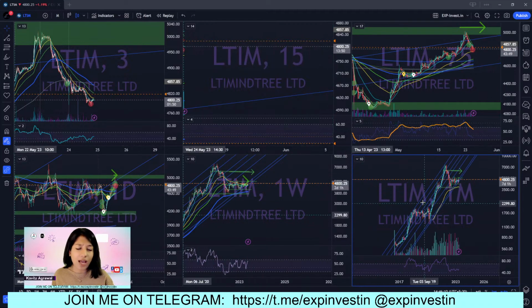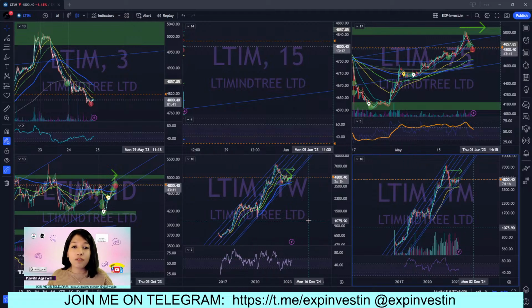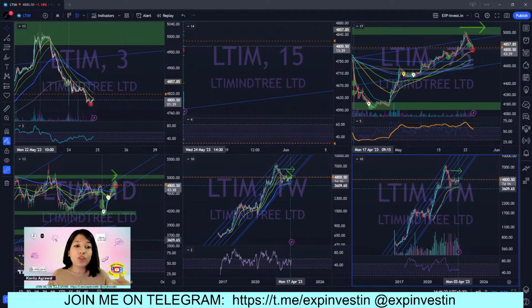And one thing about RSI that I do want to mention is that I do not use the 14 period RSI. I actually use the 25 period RSI for my daily time frame, 75-minute time frame, 15-minute time frame and 3-minute time frame. Now, why the 25 period and not the 14 period? Firstly, there is no solid reason out there for 14 period. I did a very detailed analysis and research into why did